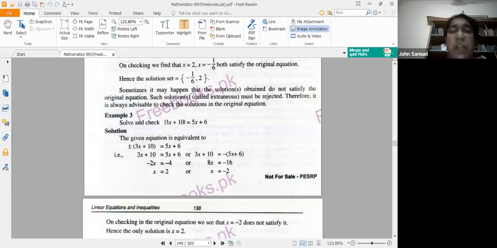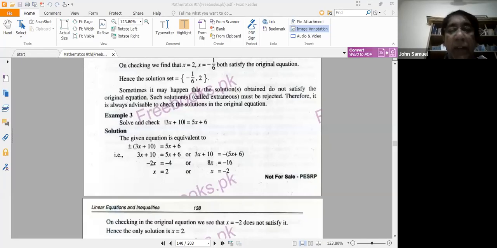Remember, I told you many times that as soon as the school reopens, whenever the government takes the decision regarding school reopening, this is just a reminder for you. Some of you may think that school will take longer, but it could reopen as soon as the government acts. And the first thing I will do is take your copies and check them. Meanwhile, the homework is to solve sum number 1, all its parts.